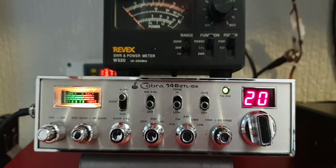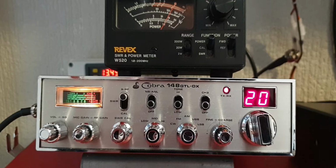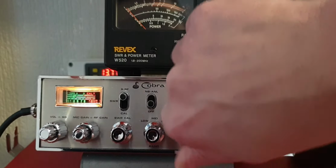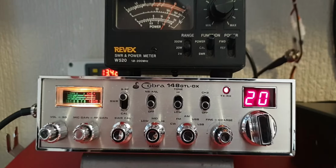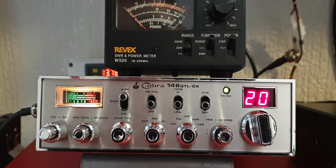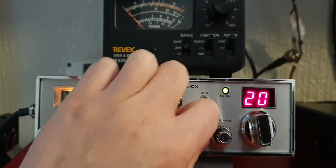Let's move to USB. I'll check LSB as well, should be the same there. No carrier, obviously. Audio, 1, 2. So you're talking a PEP of about 15 watts there on sideband. Just check low, should be exactly the same. Yeah, so I would say it would do about 18, maybe even 20 watts if you flat out max out